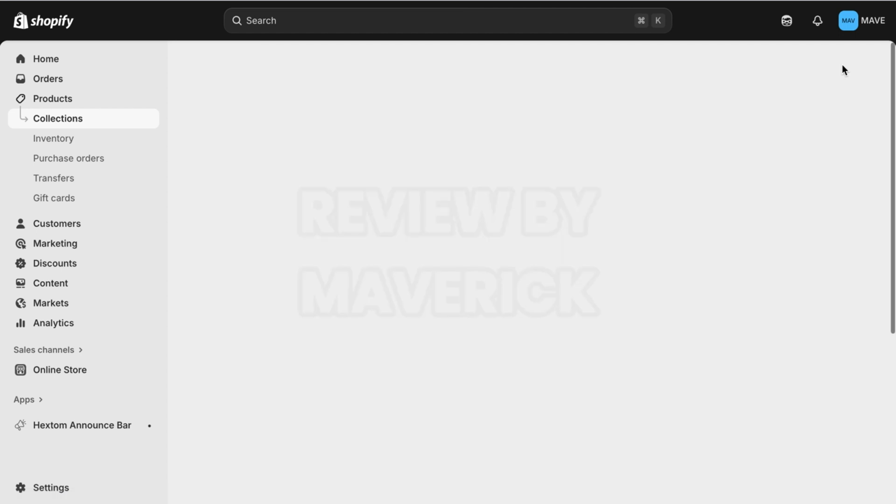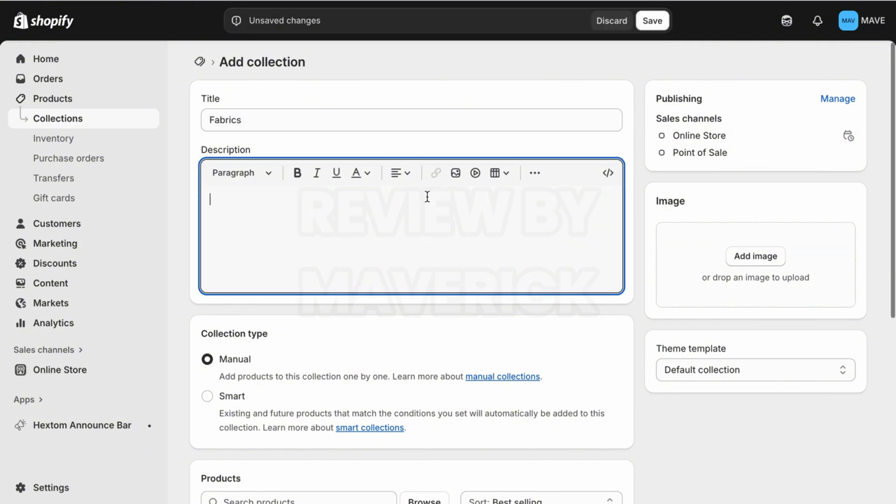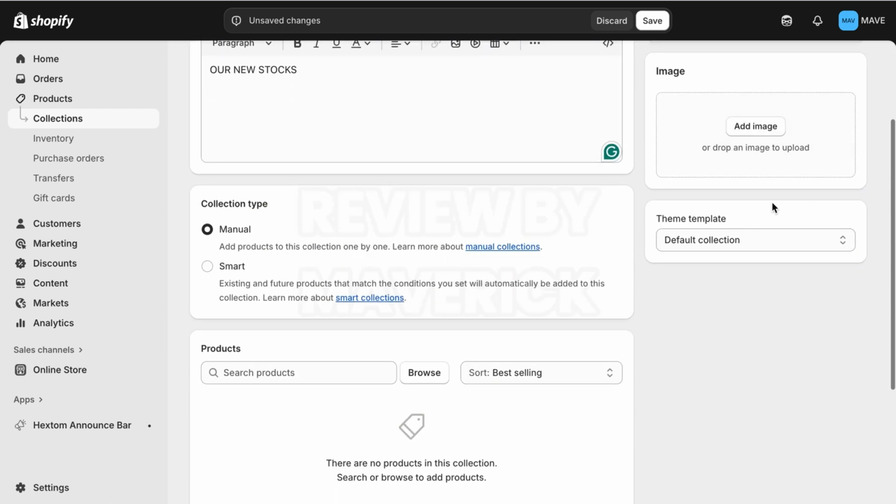You need to add a new collection. Then let's just call this fabrics, or whatever collection you want. Sorry about that. All right, so now the next thing you want to do, if you like, is add an image here. But as usual, you want to get a lot of products inside this collection, so you can just leave that,